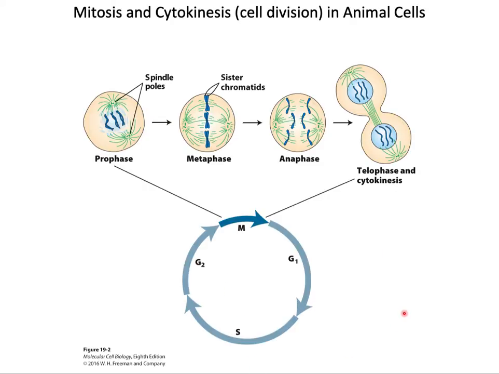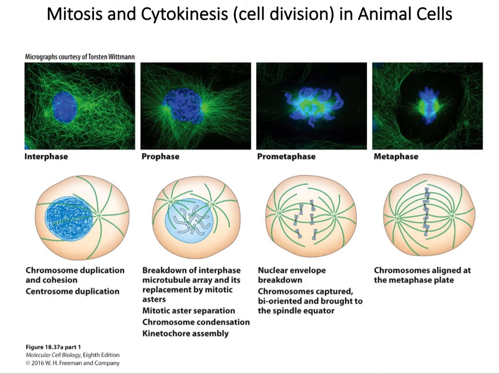So in this part, we are going to focus on mitosis, and mitosis itself can be divided into the 4 stages: the prophase, the metaphase, the anaphase, and the telophase. And I'm sure that you have heard of these before, but we will look into these phases in a little bit more greater detail. So in the first figure, we have the interphase, and during this phase, you get duplication